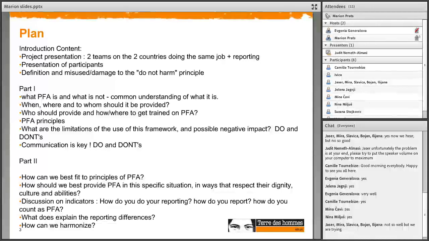So before presenting yourself as well, I'm gonna lead you through the plan of the day. So today we're gonna have two main parts to the roundtable. The first one is gonna be more conceptual. The objective is for me to present what is PFA, what is not, so we can ensure we have a common understanding on the concept and on the way to practice and to provide psychological first aid to our beneficiaries. So we're going to see as well when we can provide it, where and to whom,